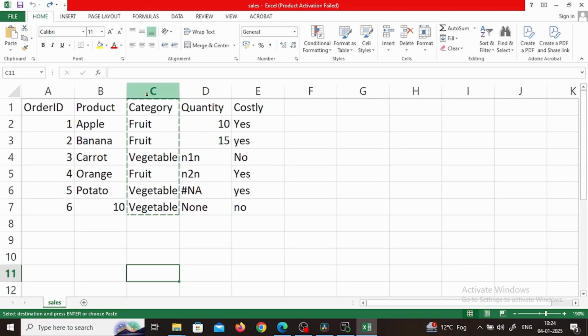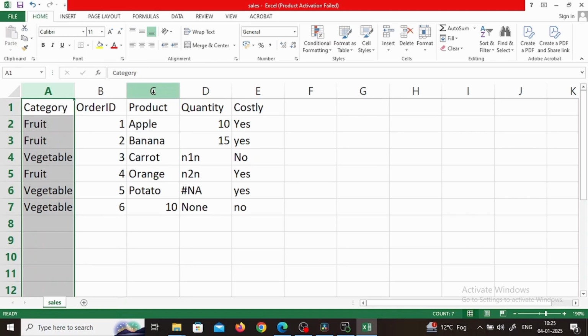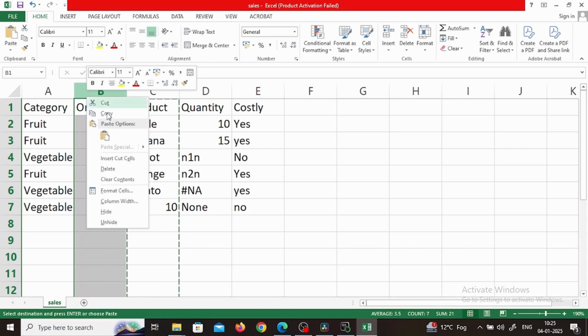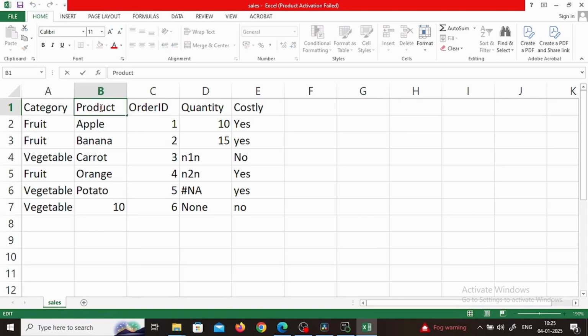Here is fruit.csv. So we have to shift category to the leftmost. So let's do that. And product to the second leftmost, right? So you can see category is leftmost and product is second leftmost. Now you can see inside fruit there is apple. Again inside fruit there is banana. So you can assume that this fruit is like a group. So you can group it,